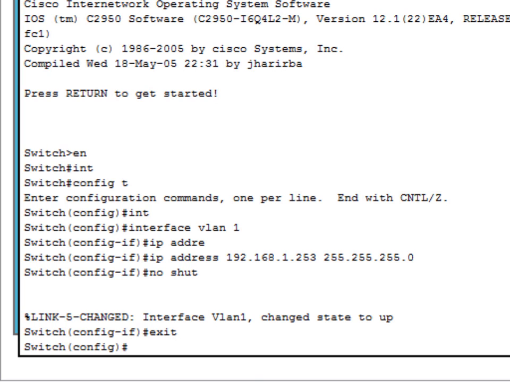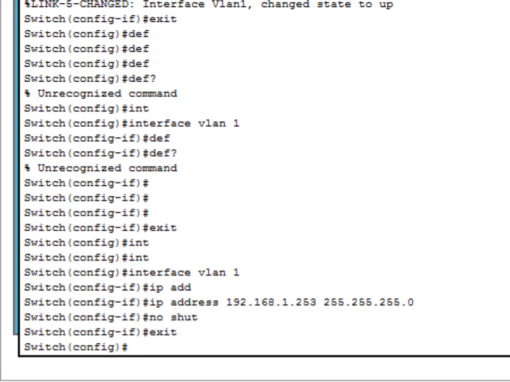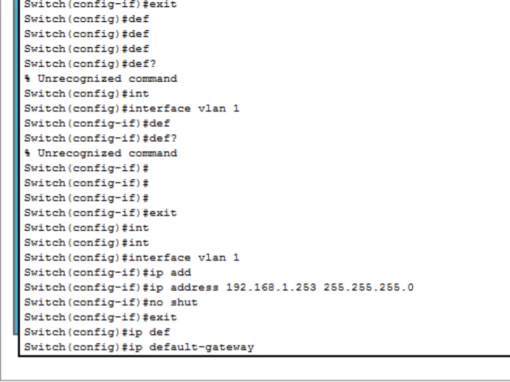What if I want to configure the switch to be configured remotely from some other device outside my network? To do this, I need to make sure I'm in global configuration. So I typed in exit and I hit enter. Now I'm going to type in the word IP space DEF and hit the tab key. The reason why I need to type in IP is because my default gateway is using an IP addressing scheme and not some other layer 3 addressing. So I typed in IP space default gateway